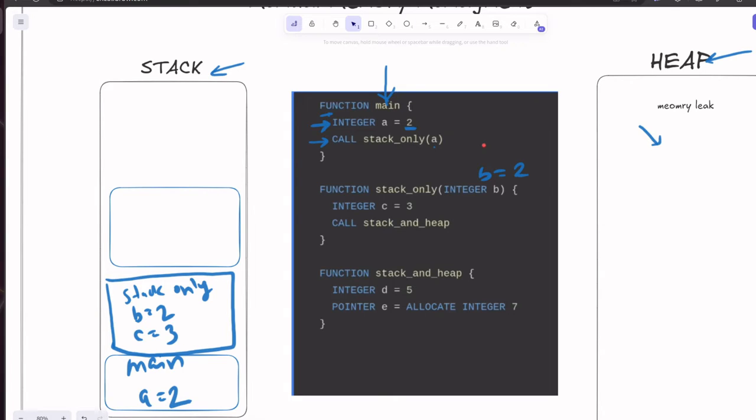Now you can see that I am stacking the functions on each other. Why is this happening? Because the function call is not completed yet. If this line was not there, this function would have completed, so it could be removed from here because the execution is complete. But currently we have called this function and this function called this function, so we have to go to the tail end and then go back. So currently the stack and heap function was called, and here